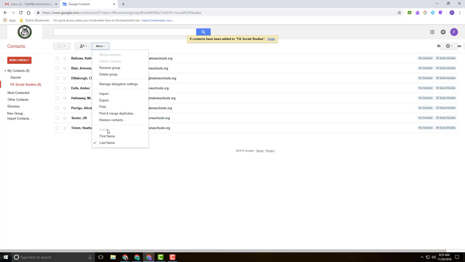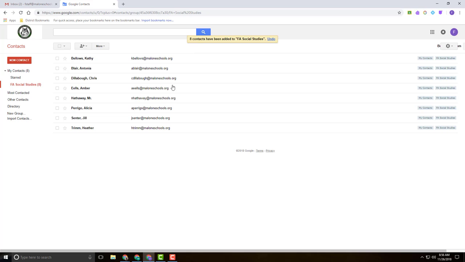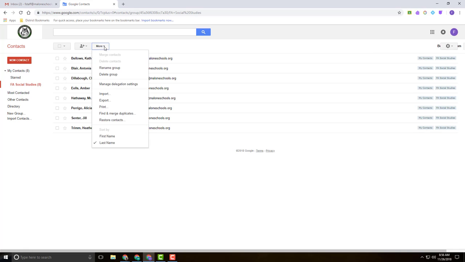Within the groups, I can choose how I want them alphabetized. Sorted by first name is the default for some reason, so I usually switch mine to last name. Just makes it easier. We can also, which is kind of nice, say, for instance, here's a group that's a department, and I want everybody to have access. Right now, this is my group. It's in my contacts, and I'm the only one who has access to this. If I'd like other people, namely the people in this department, to be able to use this distribution group so they don't all have to go through the same steps that I just went through, when I click more,